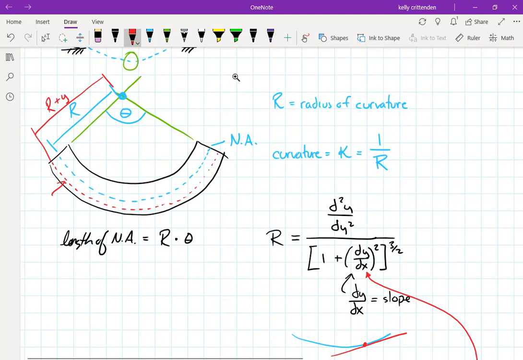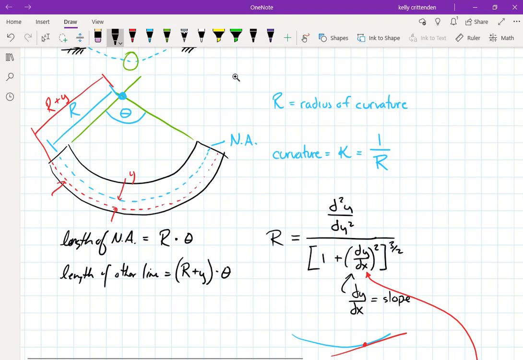So basically this little distance is what I'm calling y. So the length of the other line would equal its radius, r plus y, times that same theta, so that's another arc length. And now I've got two different lines, and I can calculate basically the